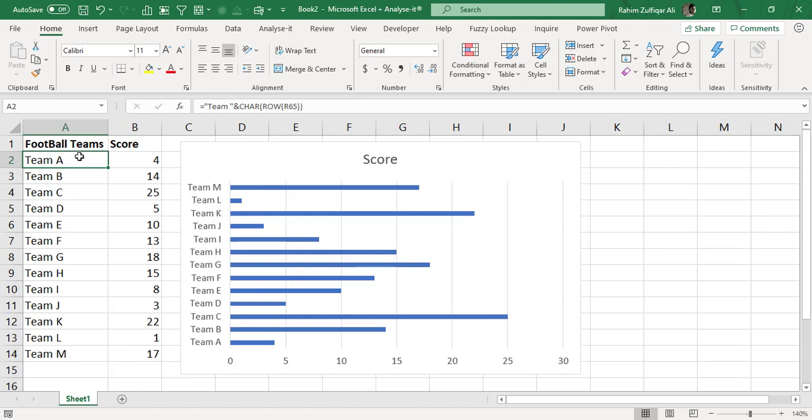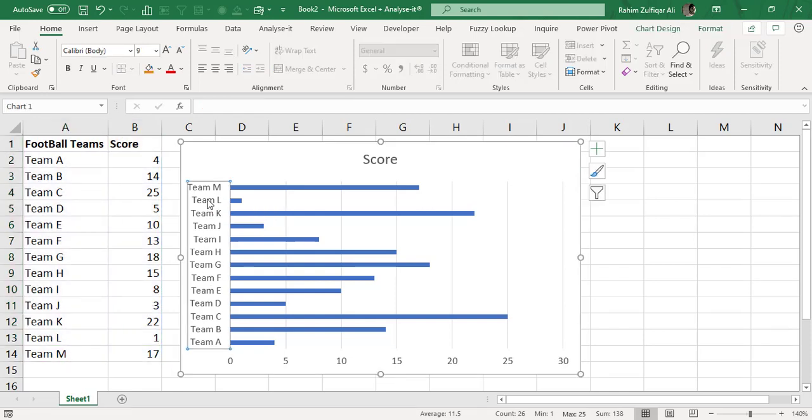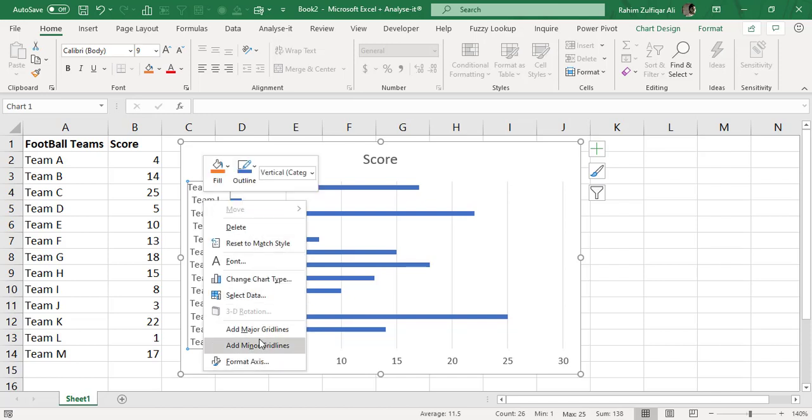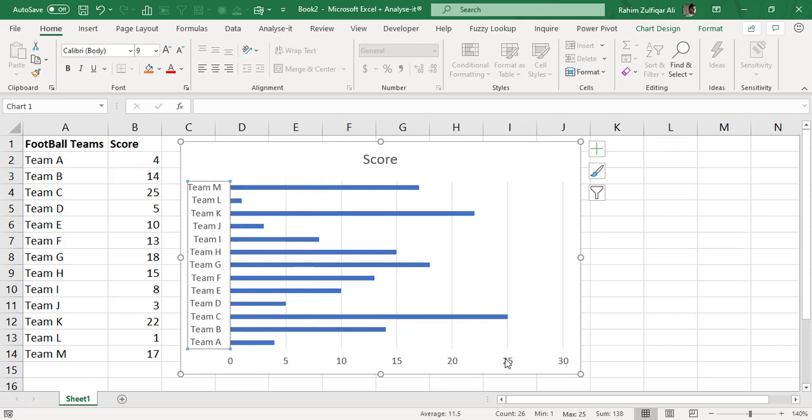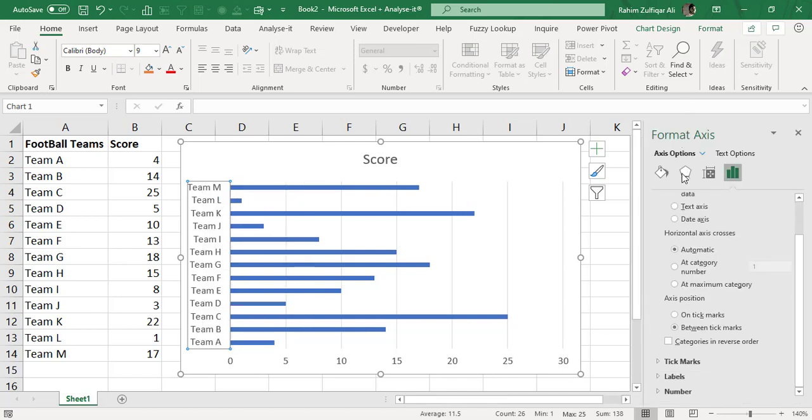So if we want to set according to the data sequence in our chart vertical axis, what we need to do is we need to make sure that we revise and reverse these axes. For reversing the vertical axis, just right click on this vertical axis, and in this contextual menu click on Format Axis. From the Format Axis navigation pane on the right side, you will find an option called Categories in Reverse Order, which is in the category of Axis Position.